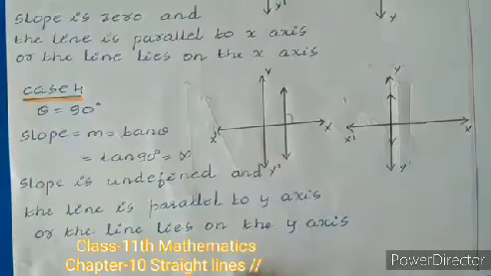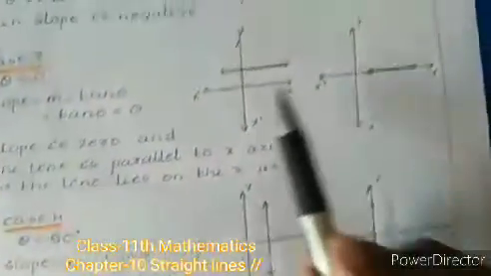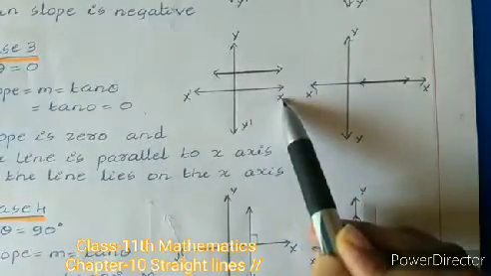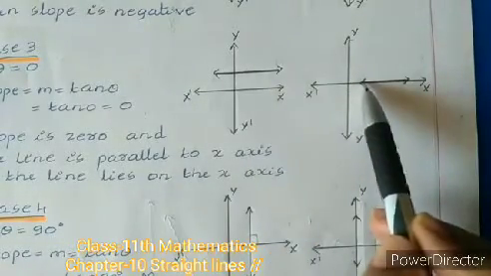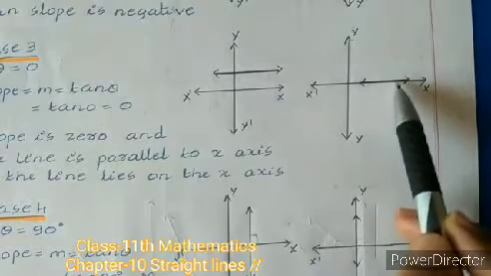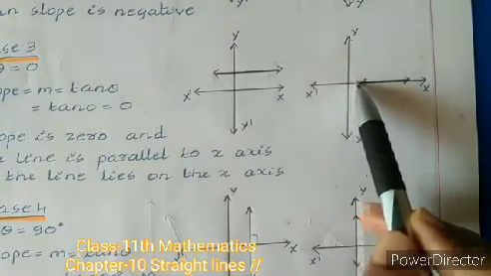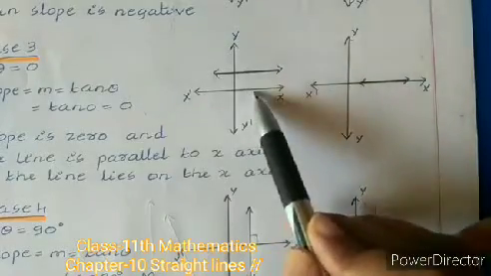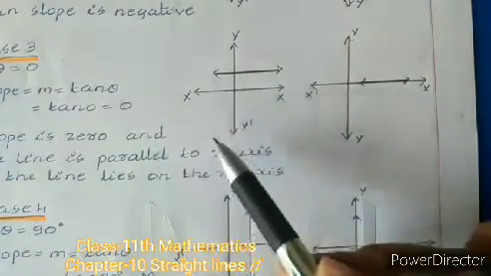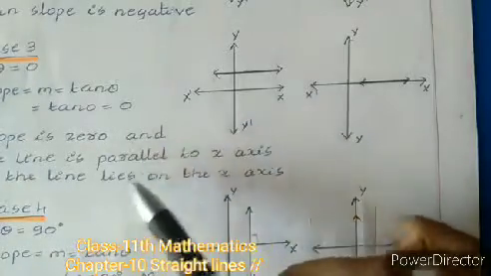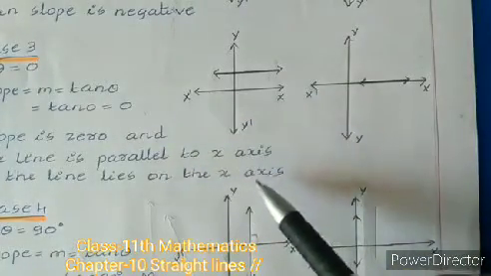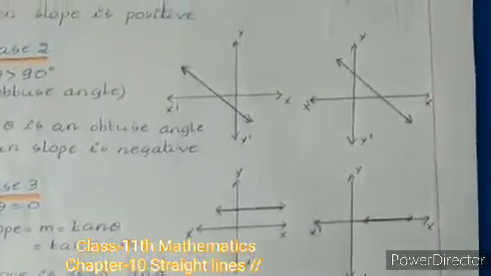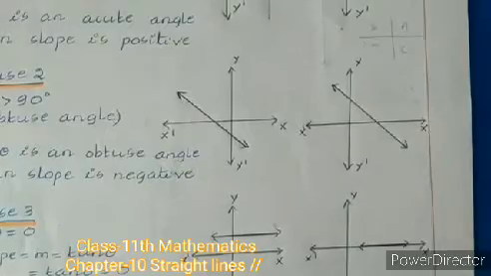is infinity. And here, in this situation we have a line that is parallel to the x-axis where the theta angle is 0, and in this case also sometimes the line may lie on the x-axis. In that case also the angle made by this line with the positive x-axis direction is 0 here, and tan 0 is 0. So if slope is 0 we can say that the line is parallel to the x-axis, or the line lies on the x-axis. So these are the different cases related to the inclination of the angle, that is theta.